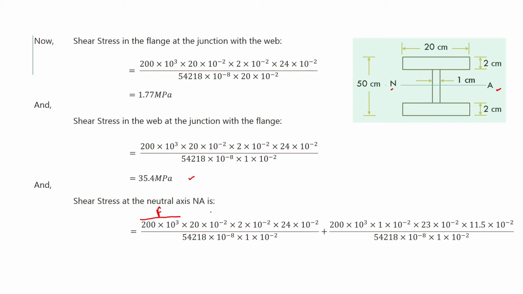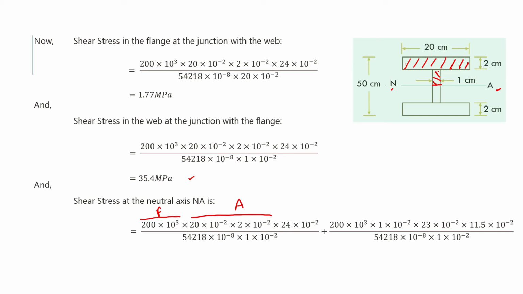This is F. A. Now area means above this neutral axis. अब हमें इस neutral axis की line पे यहाँ पे shear stress find out करना है तो इसके above हम पूरा area consider करेंगे. So we will consider the area of this flange and also the area of this web, this much of portion. So now for that पहले हम flange consider करते हैं. Area of flange is again 20 into 10 to the power minus 2 into 2 into 10 to the power minus 2. This is the area of the flange.